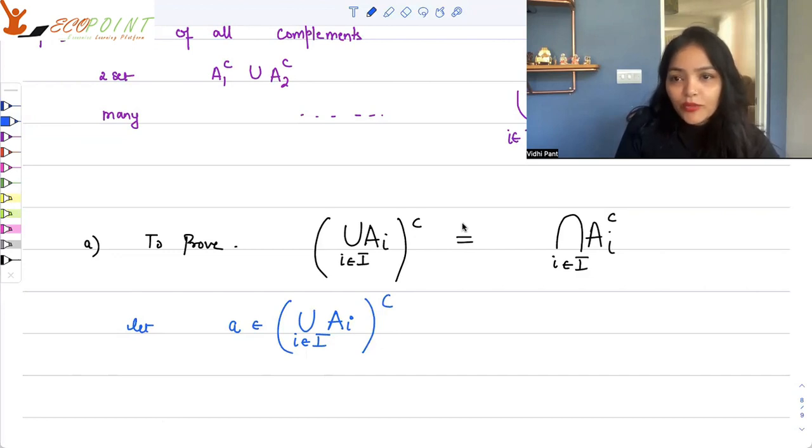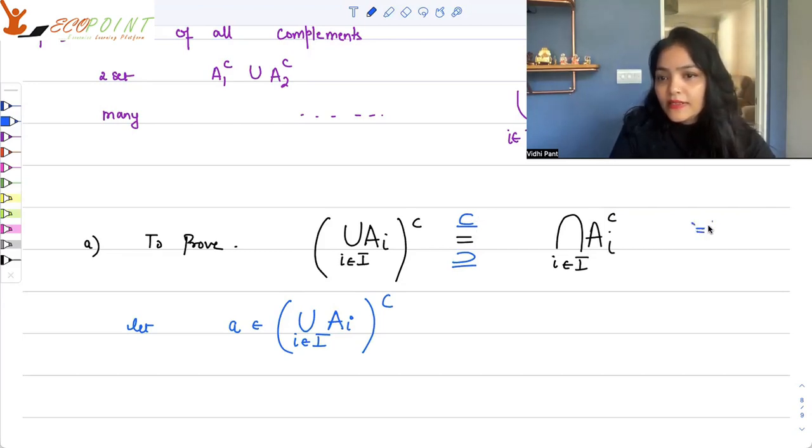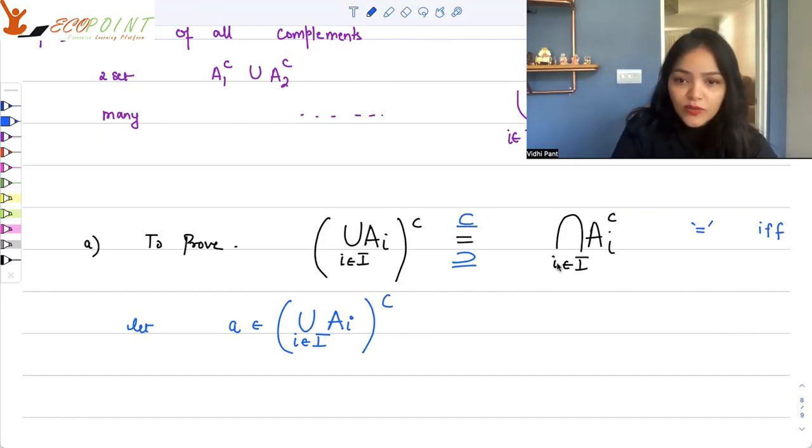Another thing that I want to put up here is that whenever you have to prove equality in sets, equality in sets means double containment. I've talked about that when I did set theory with you guys. Double containment, in another sense, stands for if and only if, because you will have to prove both-way implications. Again, I've spoken about that in my previous lectures. So a belongs to your left-hand side, the complement of the union of A_i. That is only possible if and only if